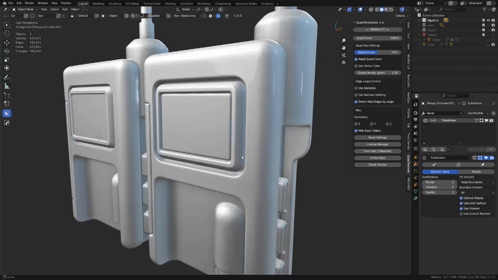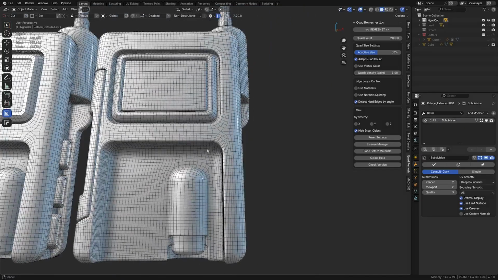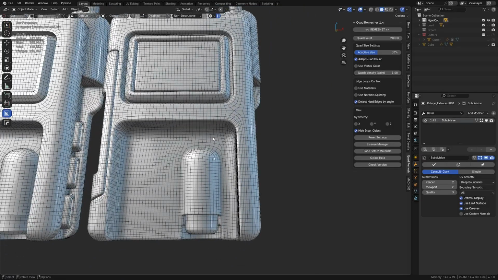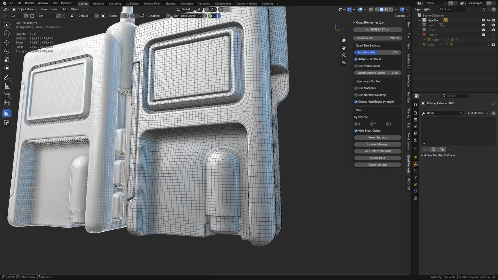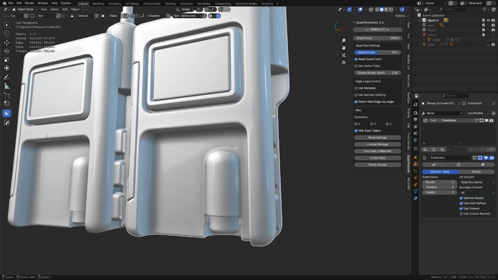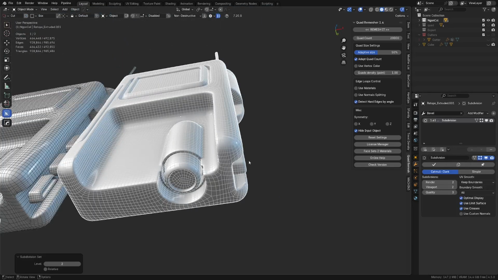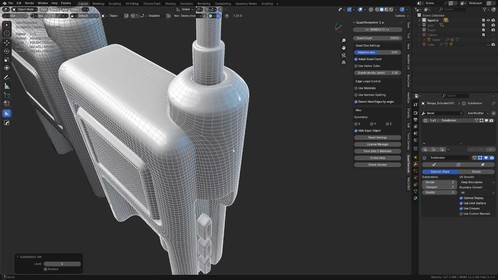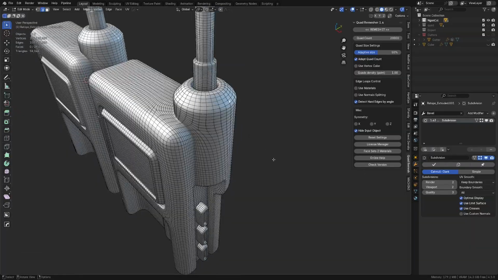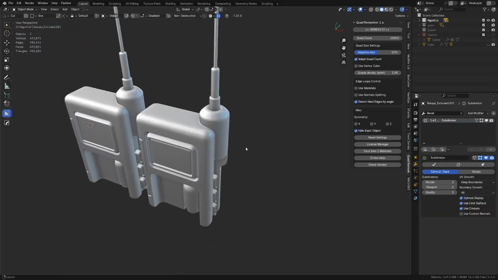So I can kind of redefine the screen area there perhaps. Now you don't always get so lucky with the edge flows with this add-on. There are ways to control the edge flow a little bit, and there's different ways of prepping the mesh before you run it through Quad Remesh. There's different settings here to use. But to get a quick subdividable high poly mesh, it does work out quite well. Even if it throws some errors into the topology, usually you can fix those fairly easily. Some more so than others, but the main thing is that,